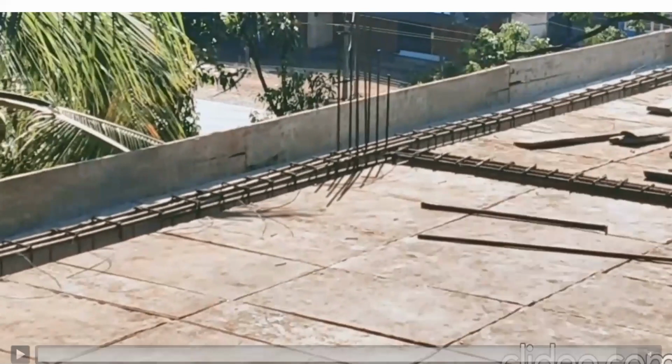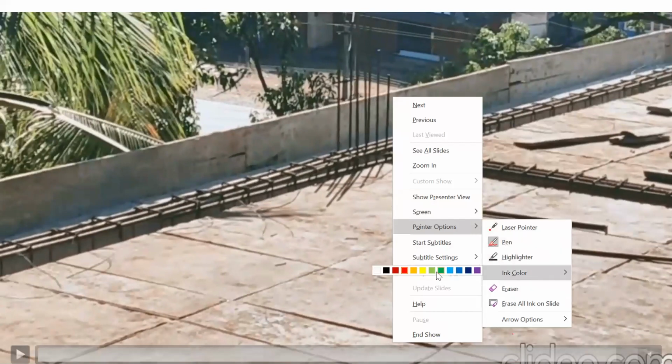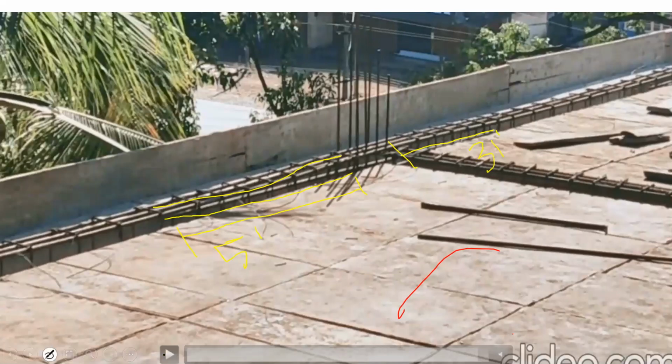So I'll make use of a pen, right? See, this is that length, what I saw in the drawing now, no? So this bar you can see here, right? So this bar, the bottom bar, from the face of the column, this will be only up to 5 feet, only 5 feet. In the same way, can you see a bar here? Right? The bar is stopped here. Again, from that particular drawing, we understood that from this face of the column, this bar will extend only up to 3 feet, right? So I'll try to play a video.